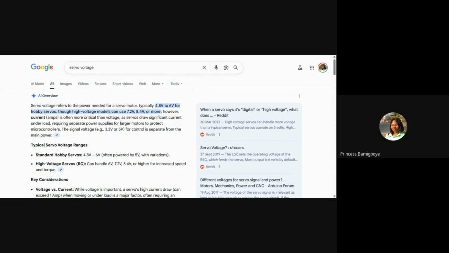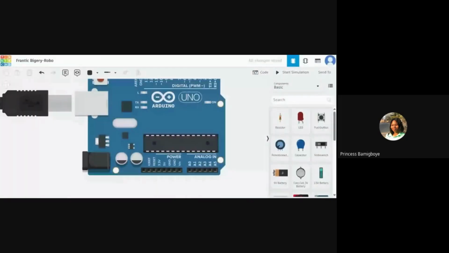For an LED, the only difference if you connect 3.3 and 5 volts is that it will be brighter for 5 volts than it is for 3.3 volts. But remember what I told you in the last class, always make sure that you connect your resistor so that your LED will not blow up, because sometimes 5 volts is too high and the LED will blow up. Like the simulation that I showed you last time. So yeah, that's 3.3 and 5 volts.